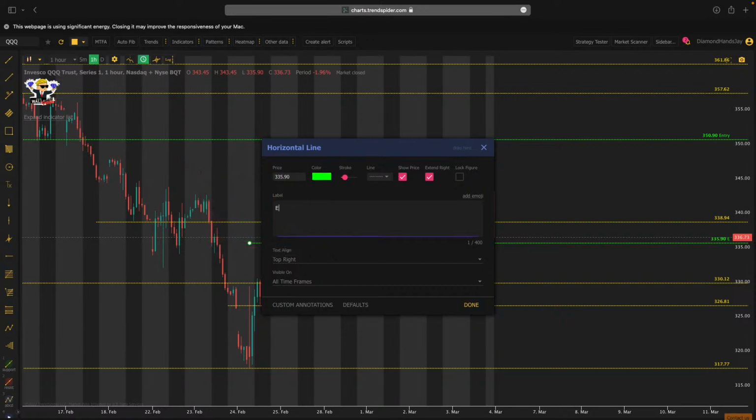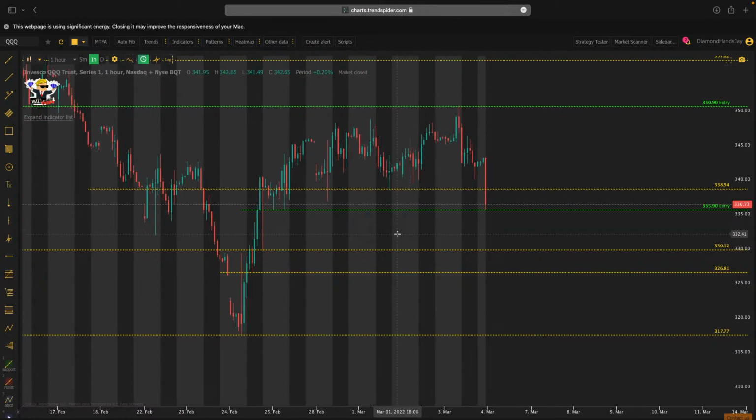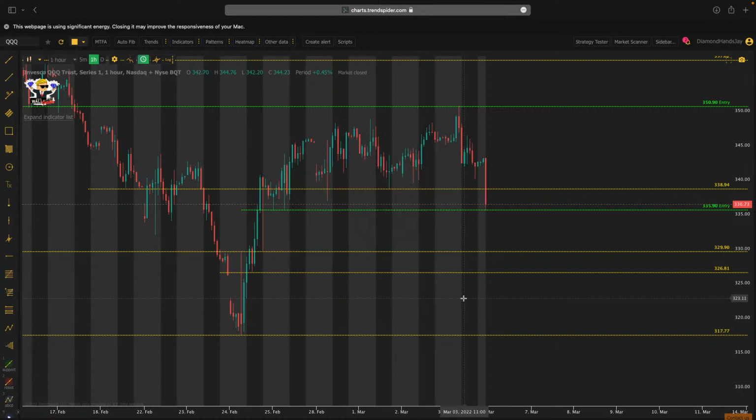If QQQ comes below 335.9, I'm looking for an entry for puts, right? And you may say, yo Jay, do you have any price targets? Well, yes and no. Why? One, I mainly focus on getting my 10 to 20%. Two, you can